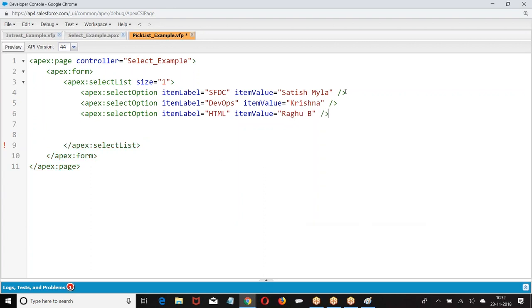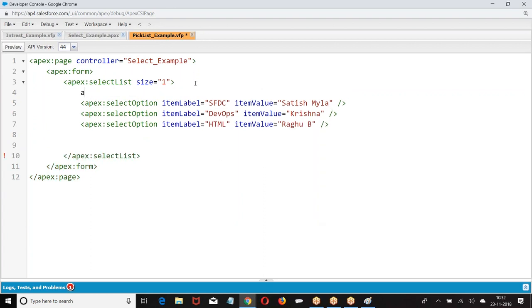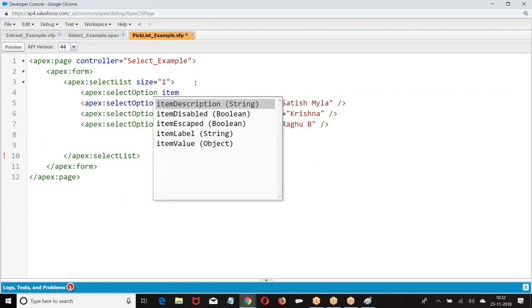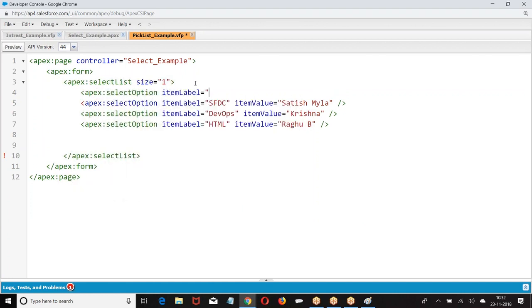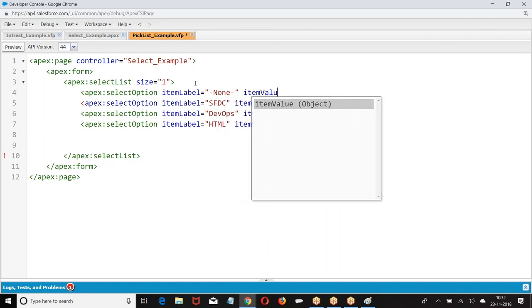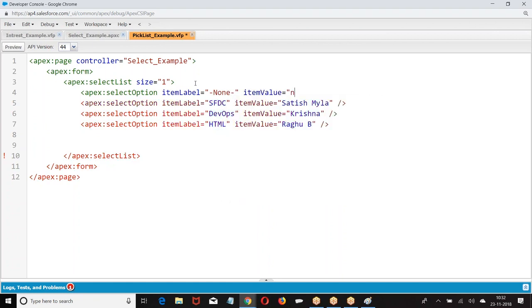Now we give this. Label values I give. Okay.